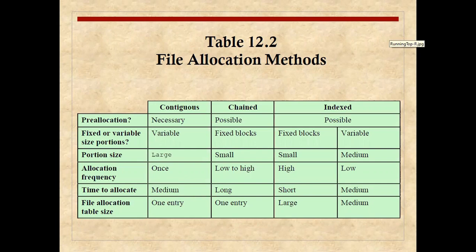So in the last class, we were discussing the different file allocation methods, the difference between contiguous, chained, and index, three different types of allocation methods. Now we are going to take all three one after another, and we will be looking into how this